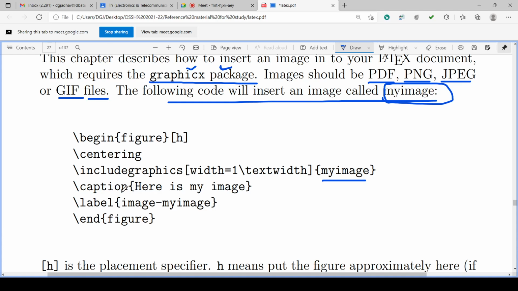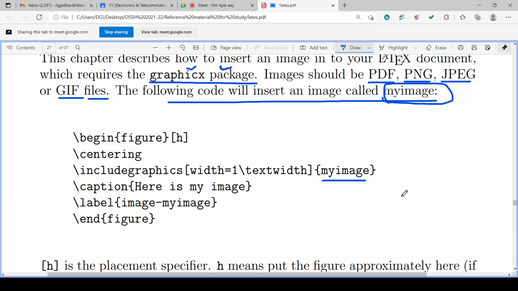Backslash caption, we can give the caption to the figure. The caption is very important. For a table or figure, a caption is required, a table name, table title or heading, which improves the readability and presentation of the document.